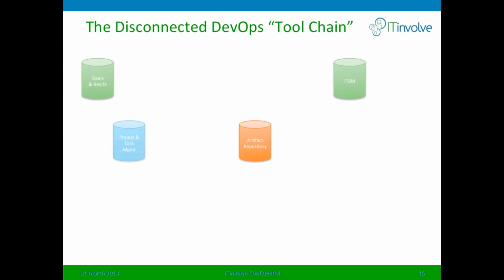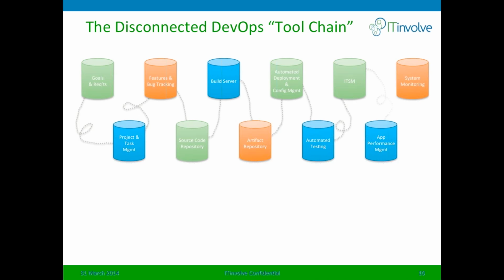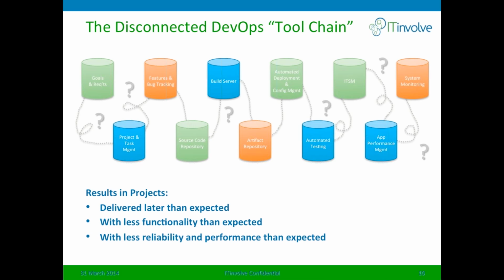A typical scenario that we run into when we're out engaging with our clients and prospective clients is what's described here in terms of the disconnected DevOps tool chain. If you think about all the various different teams and tools that need to come together to typically handle a new application release, from the initial business goals and requirements all the way through to deployment and operations,